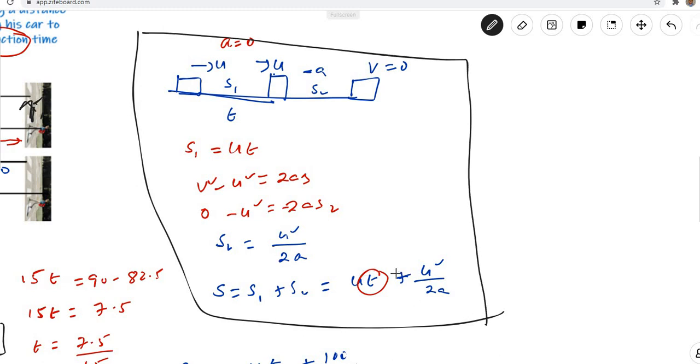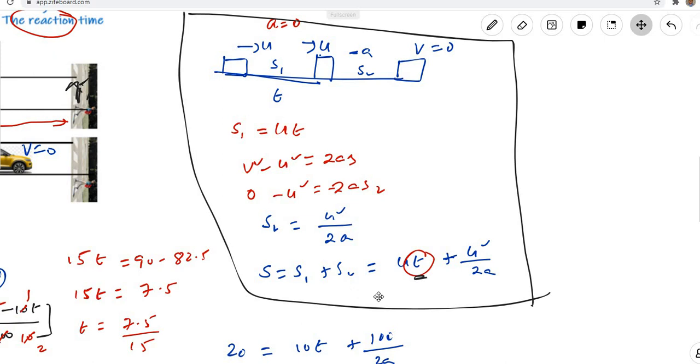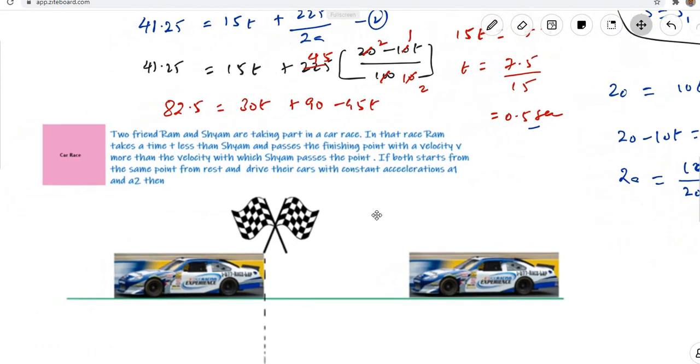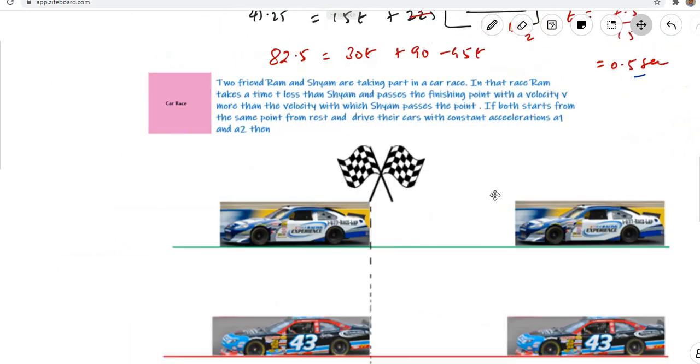What is the total distance? This time, there are two parts here actually. So you need to understand those two parts one by one. Then I apply this formula 2 times, and you simplify that, you get the answer. Now let's move on to the next problem.